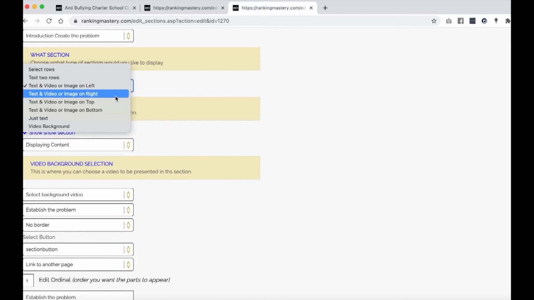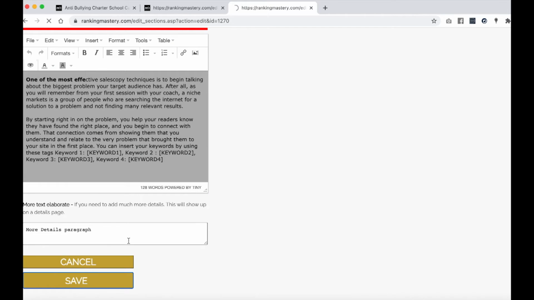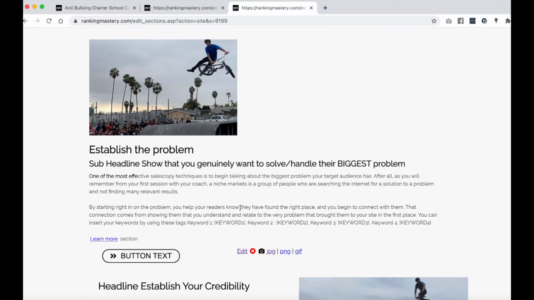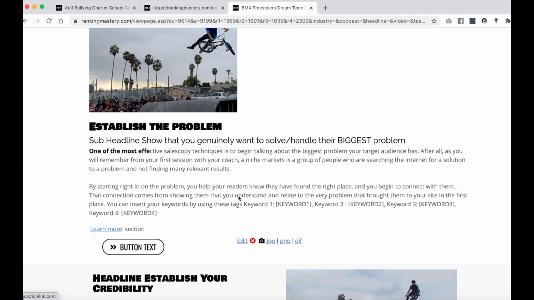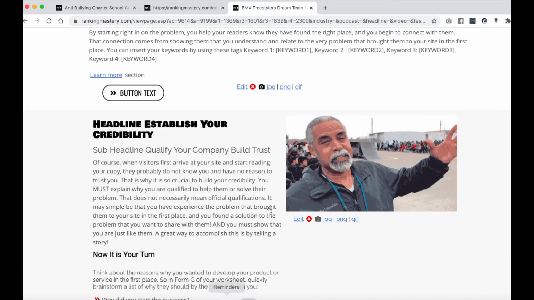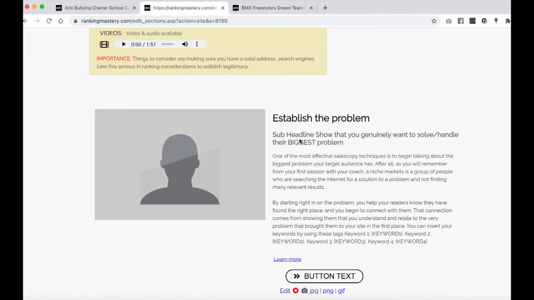I would just go image top, hit save, and then that'll now show up on the top. Okay, so if I go to the page, you'll see that image in the top and the image in the bottom. One other secret I want to share with you here today, it's a little more complex than maybe some